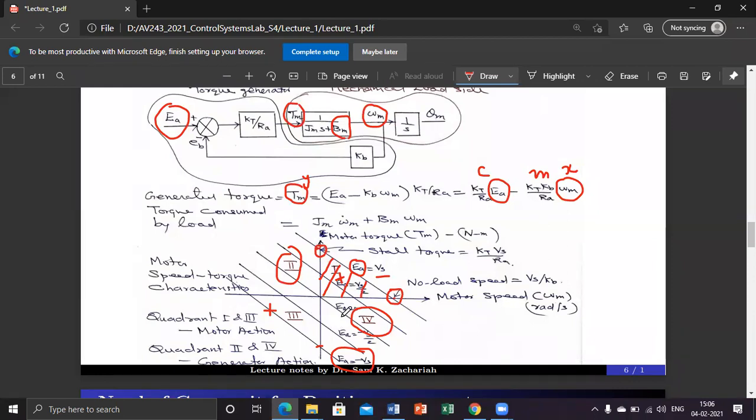Subsequently, we will draw the speed torque characteristics of the load. Because this much portion, what we are discussing now, these characteristics are of the motor as a torque generator: how it is generated, how the generated torque is varying with various speeds. In the same way, there is another counterpart. This torque is applied to a load. A load will consume the torque to produce a speed. So there is a speed torque characteristic for the motor load. That also we can draw here. It will be something like some closed contour.